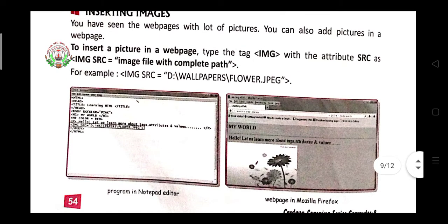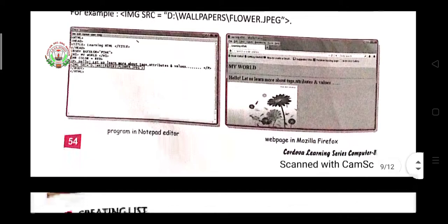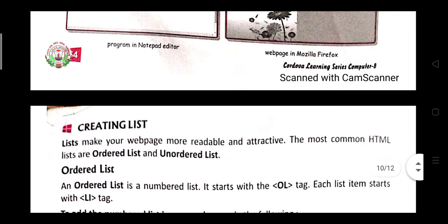So what is the code? img src equal to, where src means the location of your image, and in place of the value you give the whole path of your image where it is saved in your computer. Like this you have to write the image insertion code.